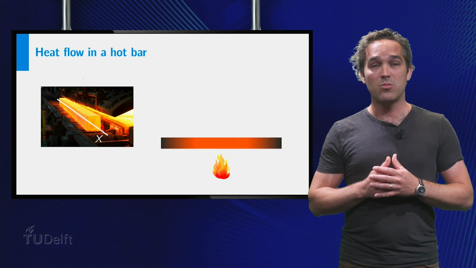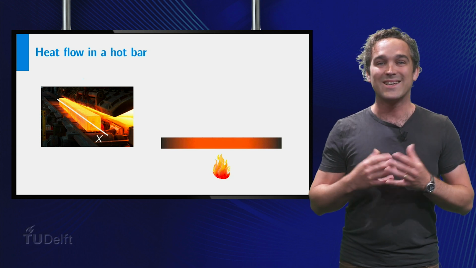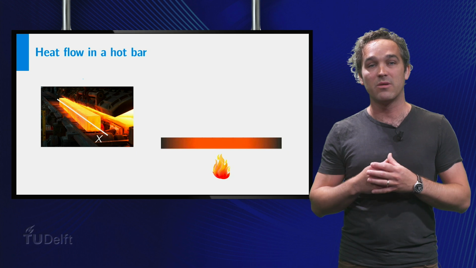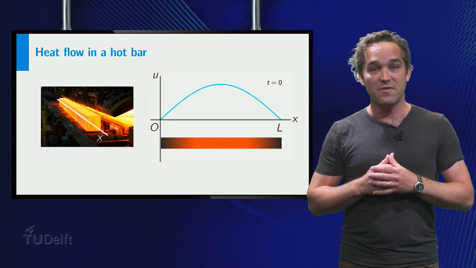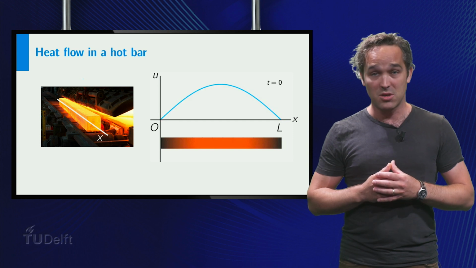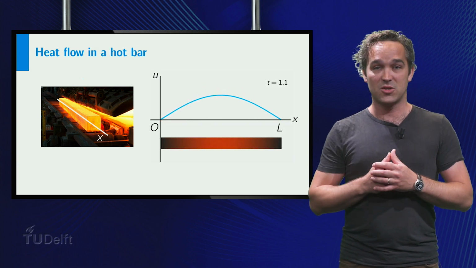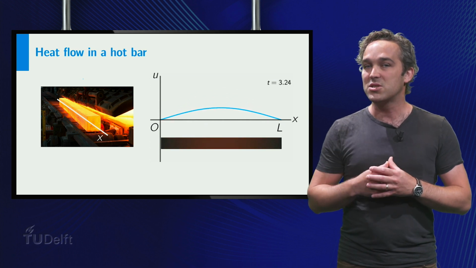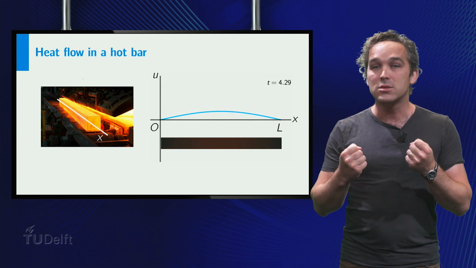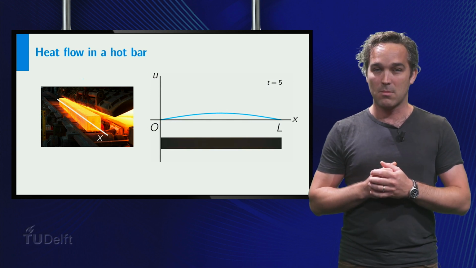Assume that a metal bar of length L has been heated by some source, and at a given moment you know exactly how the heat is distributed through the bar. In this graph, the initial distribution of heat is shown as a function of position in the bar, and as we let time roll, the changing heat distribution shows how the bar cools down. The question is, how can we actually calculate the change of the heat as a function of time and position?